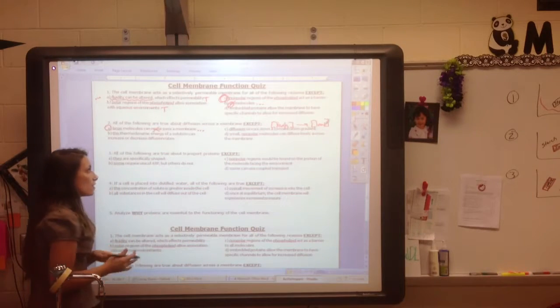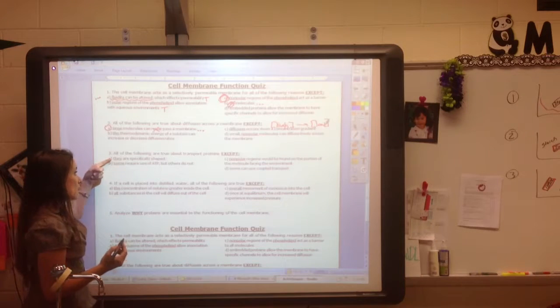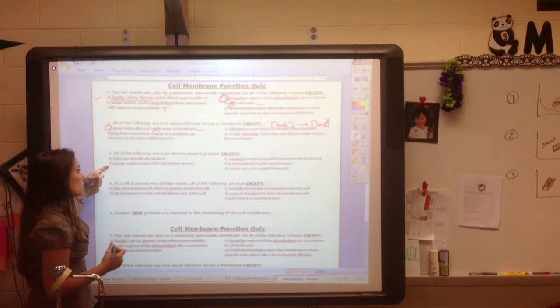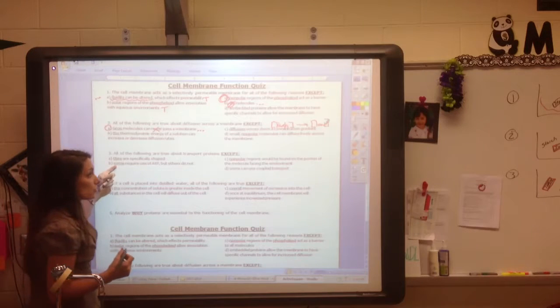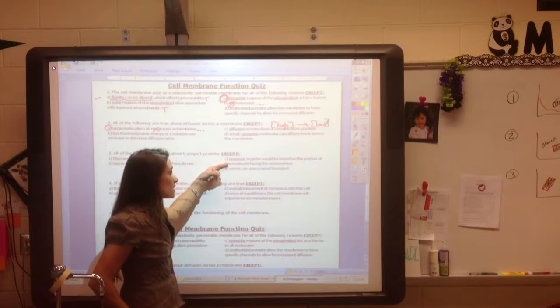Number 3, all of the following are true about transport proteins except A, they are specifically shaped. That is true. B, some require use of ATP, others do not. That is true. C, nonpolar regions would be found on the